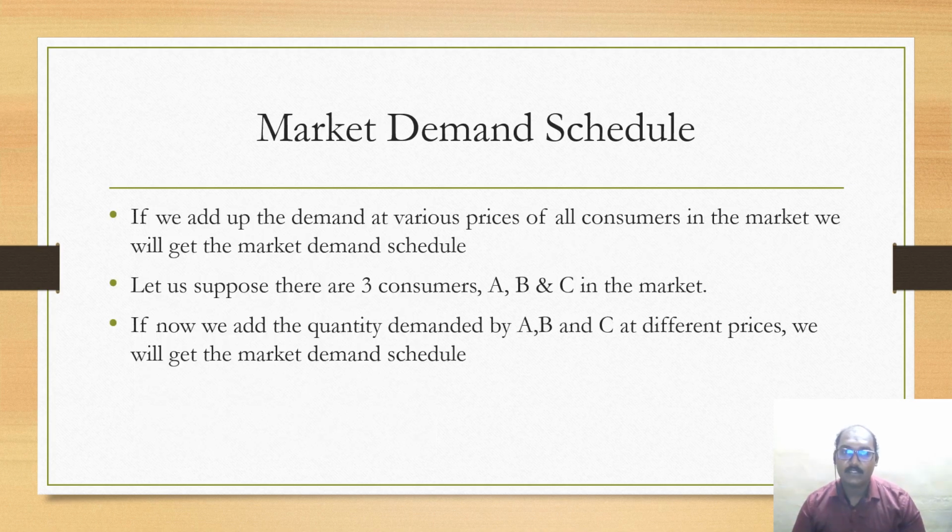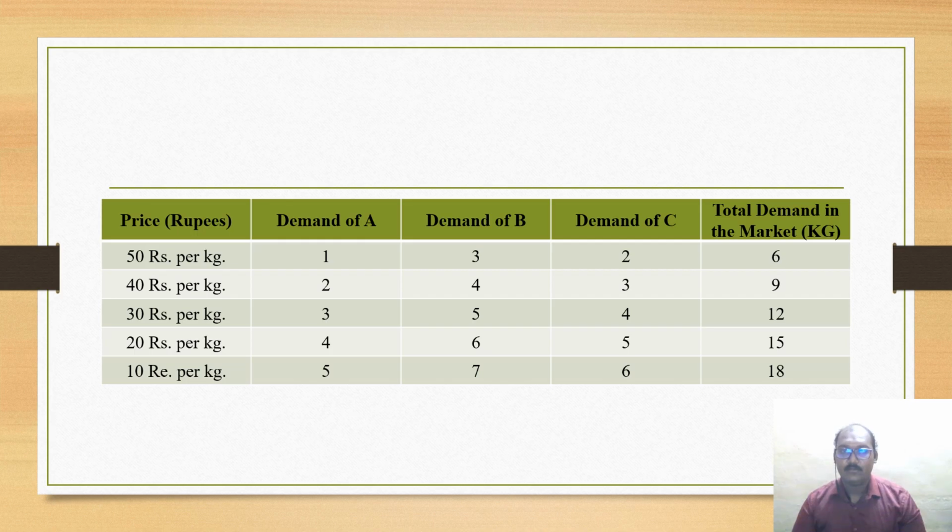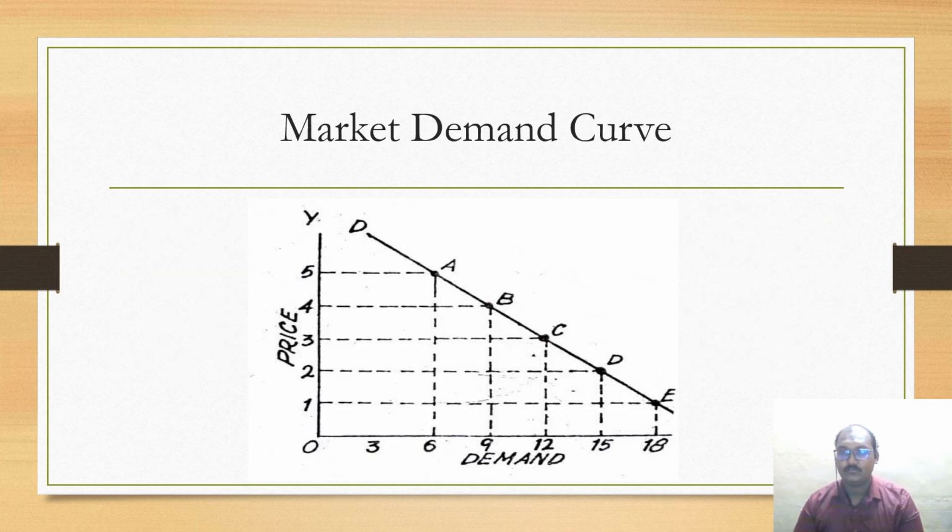When it is aggregated over two, three, four or five people, it becomes market demand. This is a table which demonstrates the market demand. In the previous table we saw only person A, but here two more persons, B and C, are added. As a cluster, if a seller sells the product at different prices, what will the sales be? That is what we discuss here. This is a market demand curve, an aggregate of the previous individual demands.